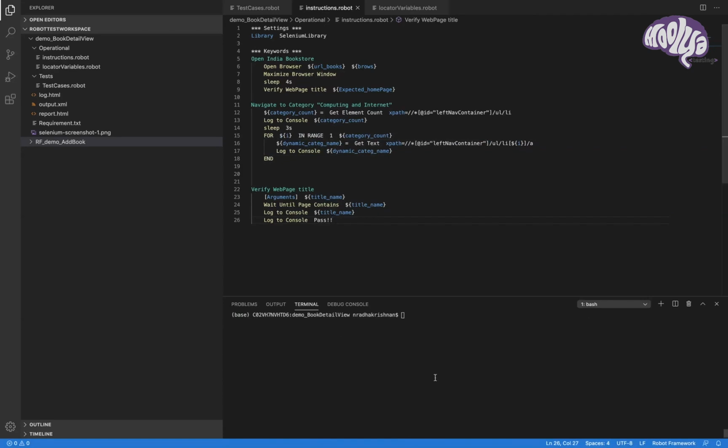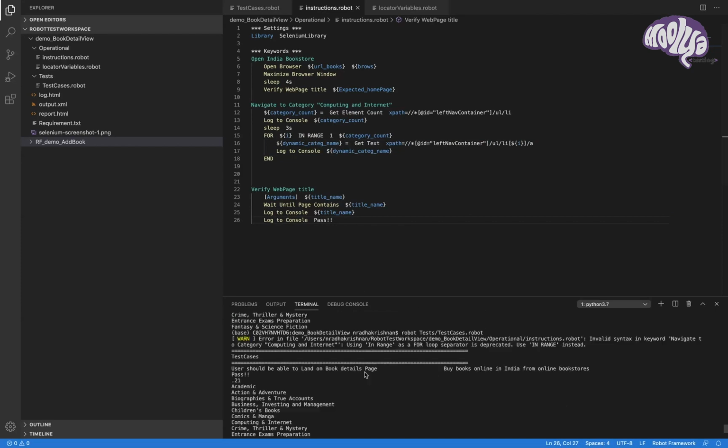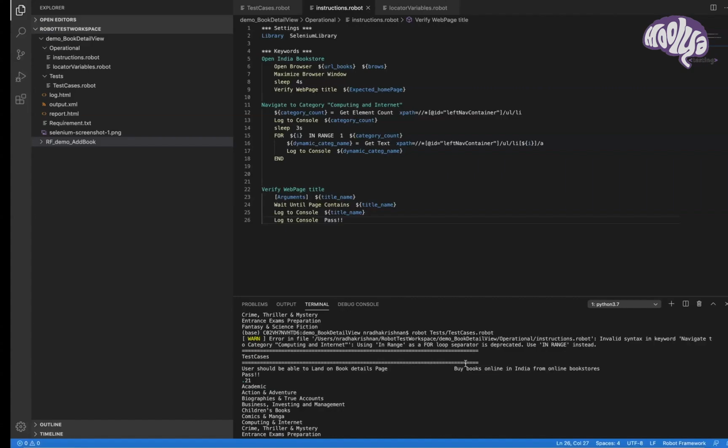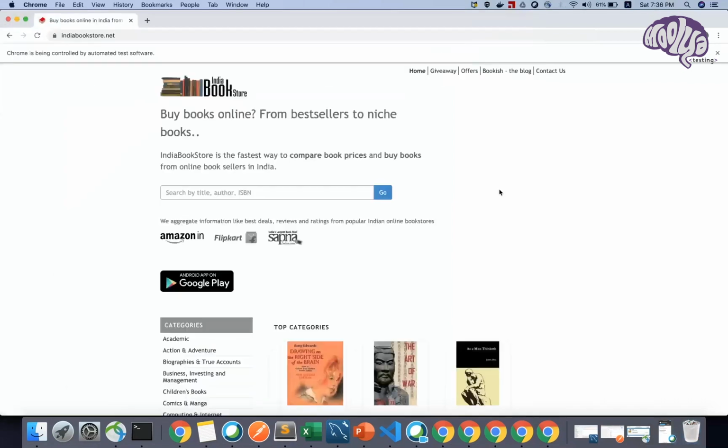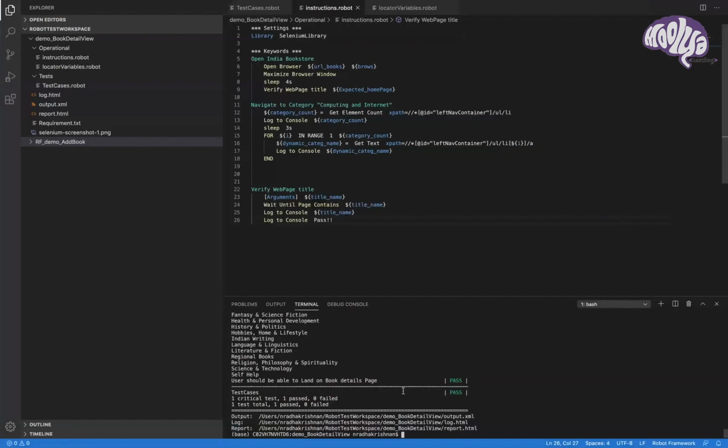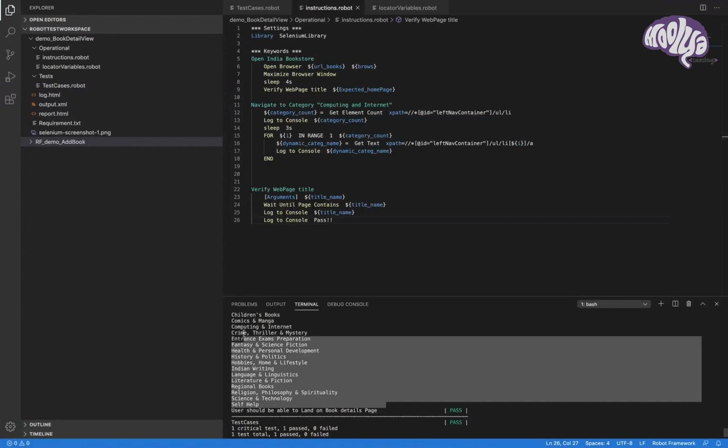Run this. I'm expecting all the categories should print here like above. Yes, see here we have printed all the values as expected.